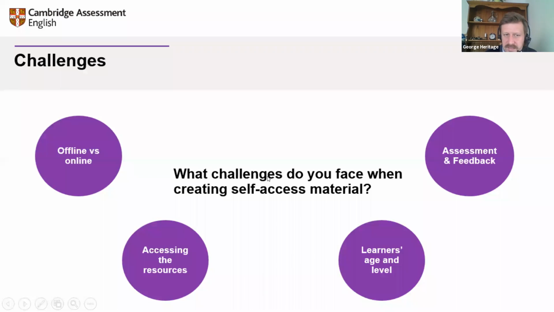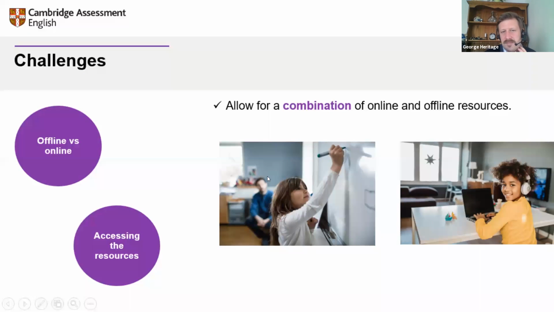So online versus offline and access, Victoria? Yeah, whenever possible, we need to allow for a combination of online and offline resources. So offering links to videos and articles, but also supplementing it with some offline materials. So texts, you can provide them with directly, or videos that you have downloaded beforehand, so that there is not so much reliance on online material.